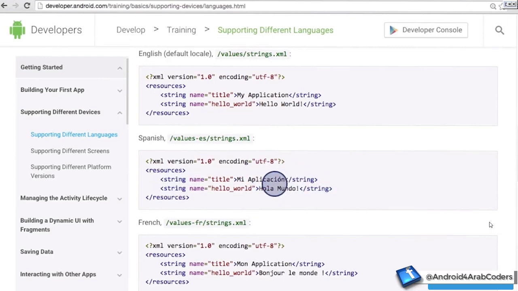This string resource still goes by the name of title, like here, but now the value is the Spanish translation of my application. The same applies for the hello world string resource with the Spanish translation here now. And this is one more example of the French translations of the strings.xml file. Once our strings are declared as resources, we can then refer to them in the XML or Java using the